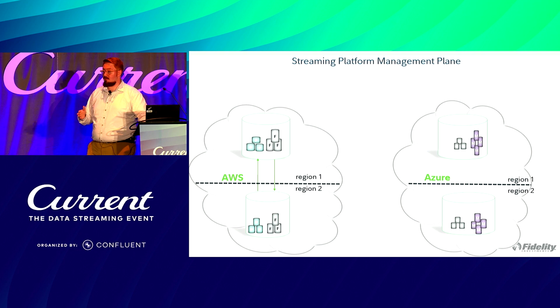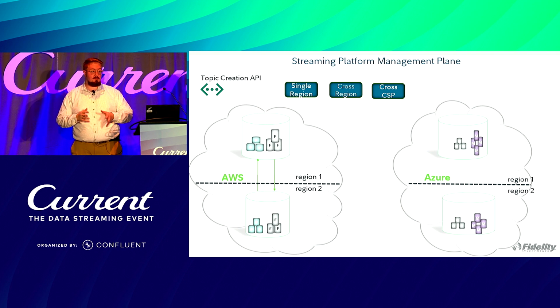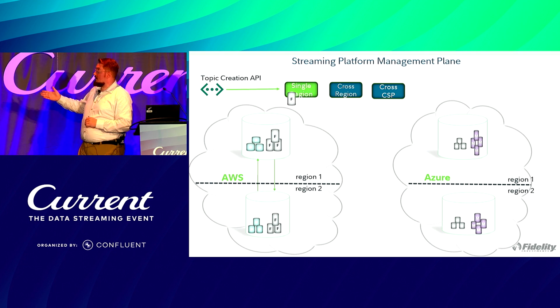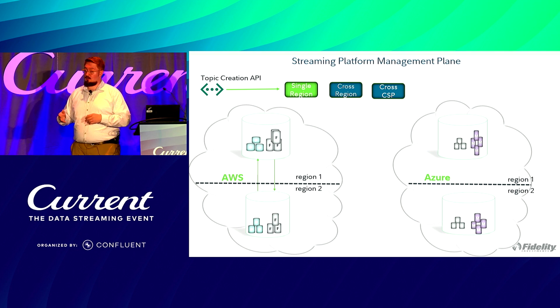So that's what our management plane, that's what our automation is there for. Any request for a topic is going to go to our management plane's create topic API here. And it's going to choose a deployment model based on the application's needs. The first one would be that single region API call where we're saying, I just need it in one region in one AWS, in which case we deploy it with the configurations it needs. Even then, it's cross availability zone because we're spreading those clusters across, but it's not region